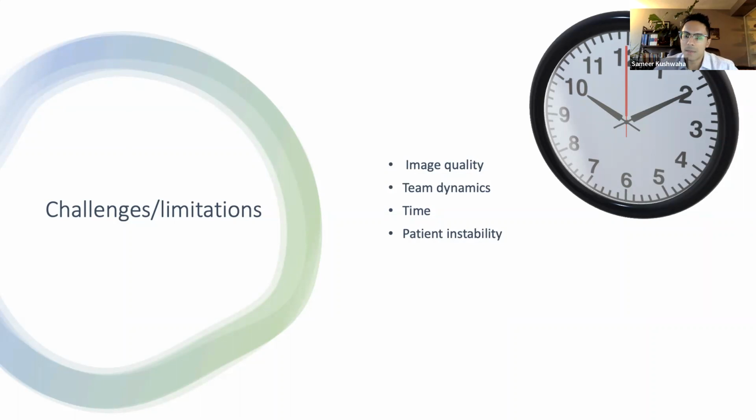The team dynamics, as I mentioned, can be challenging, and it can be a very busy environment with many other people assessing the patient and triaging for their particular organ system. Time can be very much of the essence, and there might be lots of other urgent procedures pending, and the cardiac findings may greatly alter the triaging process for these other procedures. And the patient may be a lot more unstable than other patients who we're commonly working with.